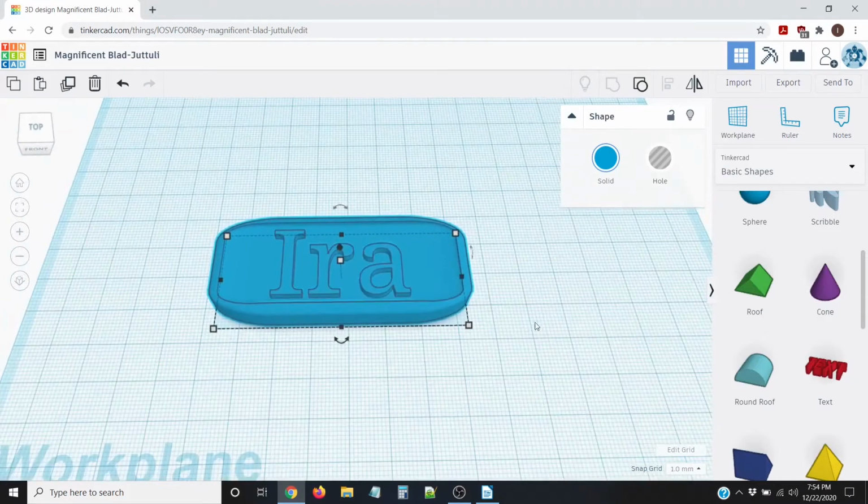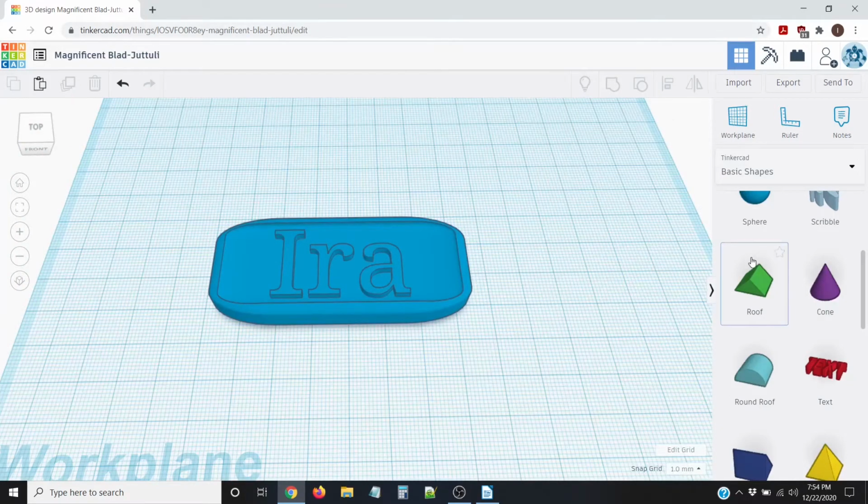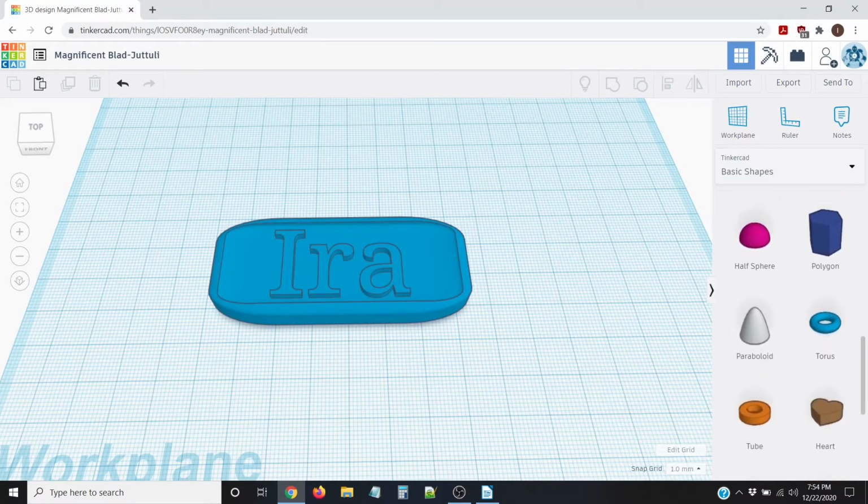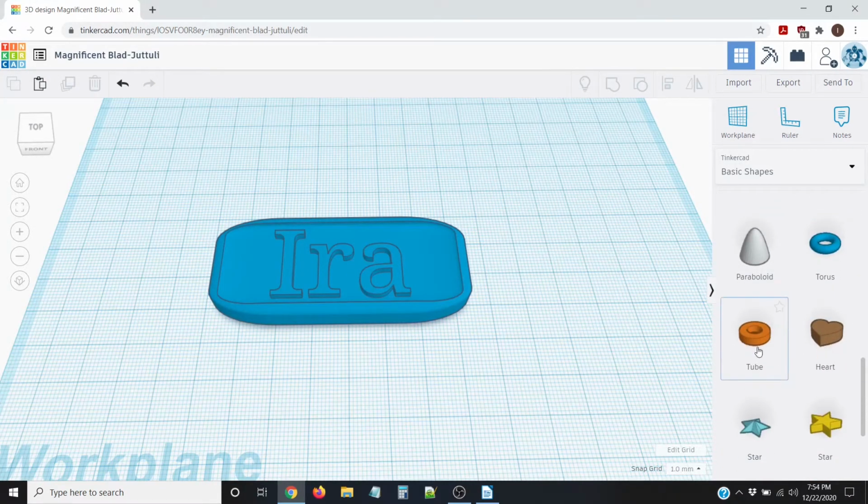So what we're going to do, we'll click off of the model on the work plane. We're going to move over here to the basic shapes that we've been in, and we're going to look for the torus tool. You can also use the tube tool for this, but I'm going to use the torus tool. I'm going to move this over like this,